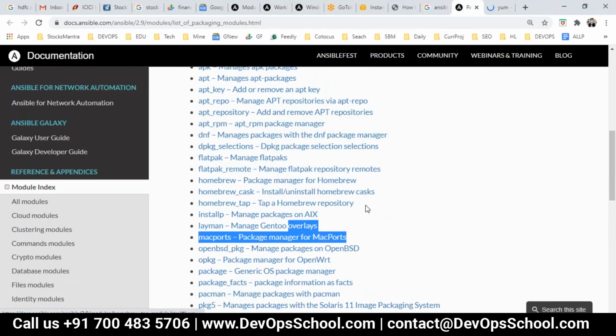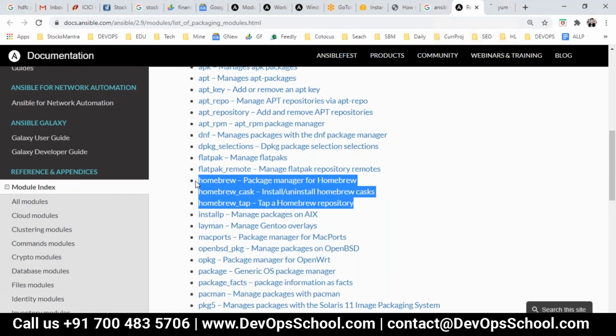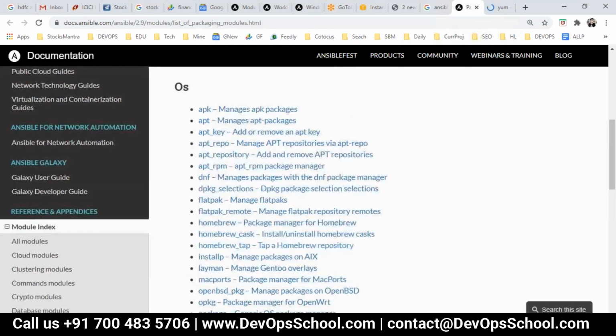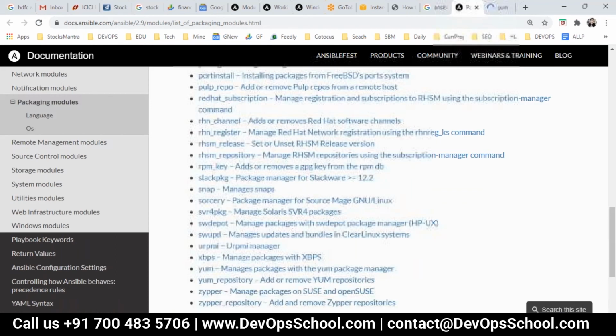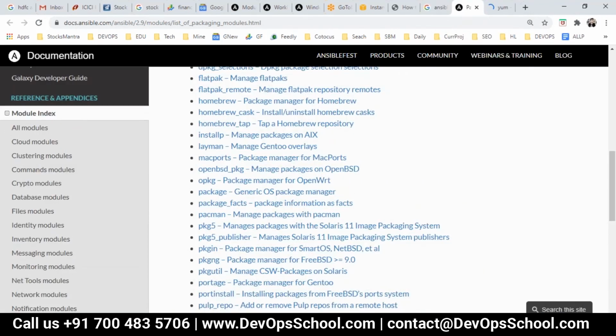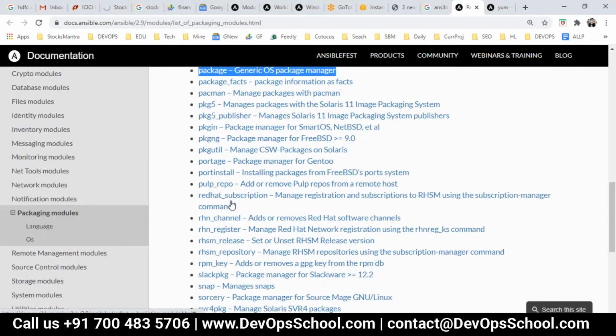See, Homebrew. So like this, you have different operating systems. Now if you say, okay, no, I want a generic one, generic one means the one which will work for all the operating systems. This generic one, ultimately they will call these only.